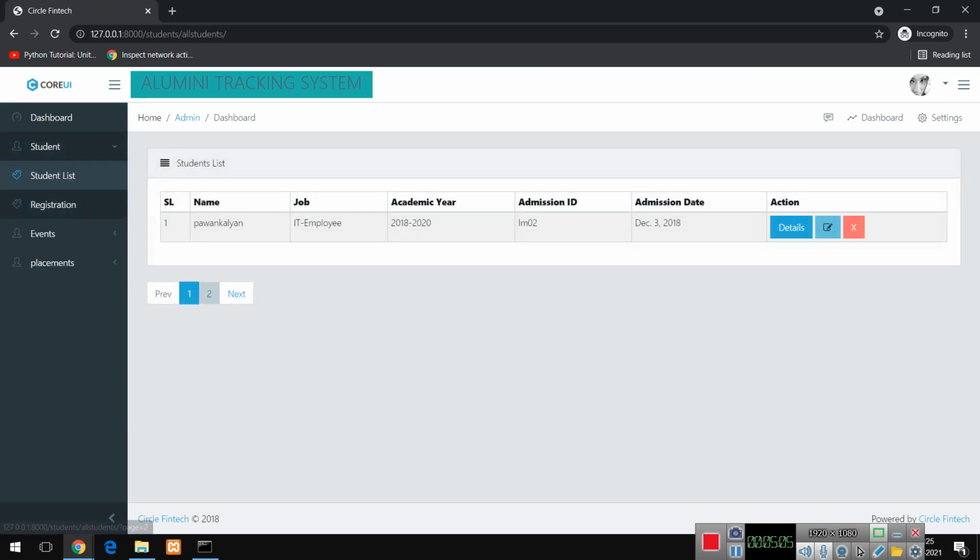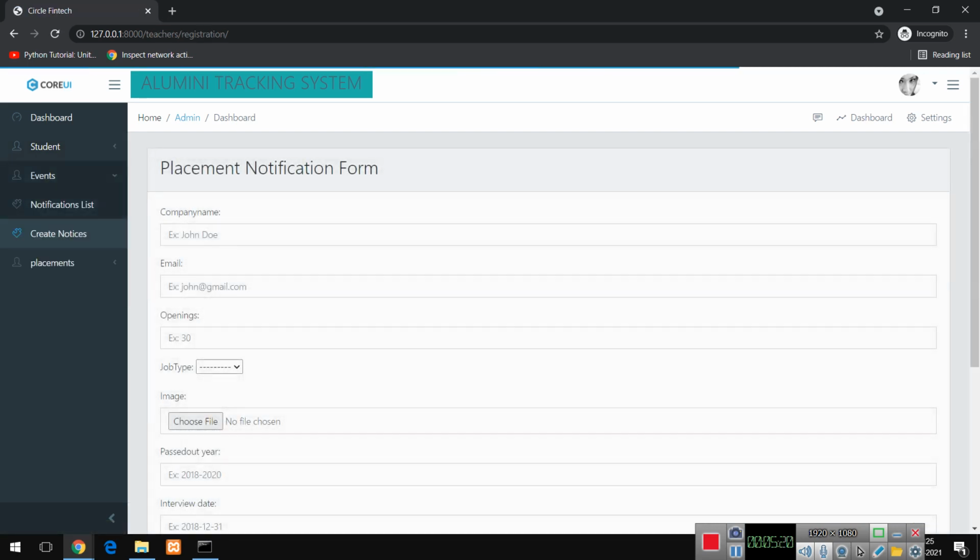And coming to the events, events contains two submodules: create notes and notifications list. Okay, create notes. Here the admin, like the college department, will create notifications like job notifications or something. They will create. I'm going to create one job notification